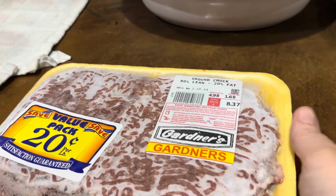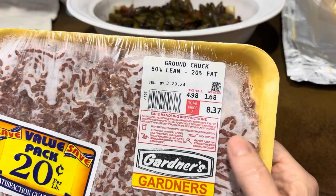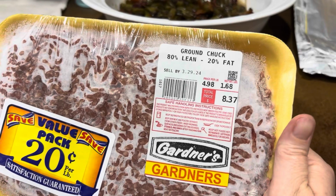So earlier when I said that our meat costs, by the time you add up purchasing the calf, raising the calf on your property, purchasing the hay and the feed, paying to have the cow butchered, I figure that we're paying somewhere between $4 and $6 per pound if you wanted to add it up. And I said that probably you can get ground beef at the store cheaper than that, but let me show you. This is the last pound or package of ground beef that I bought,